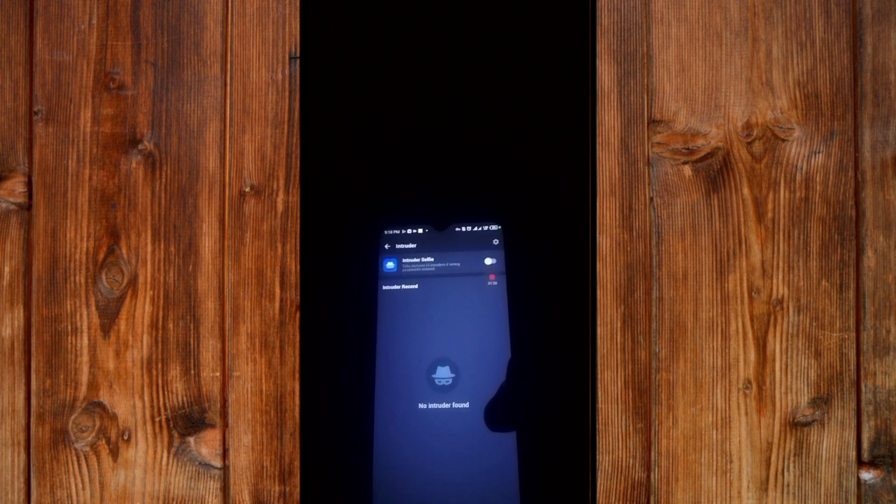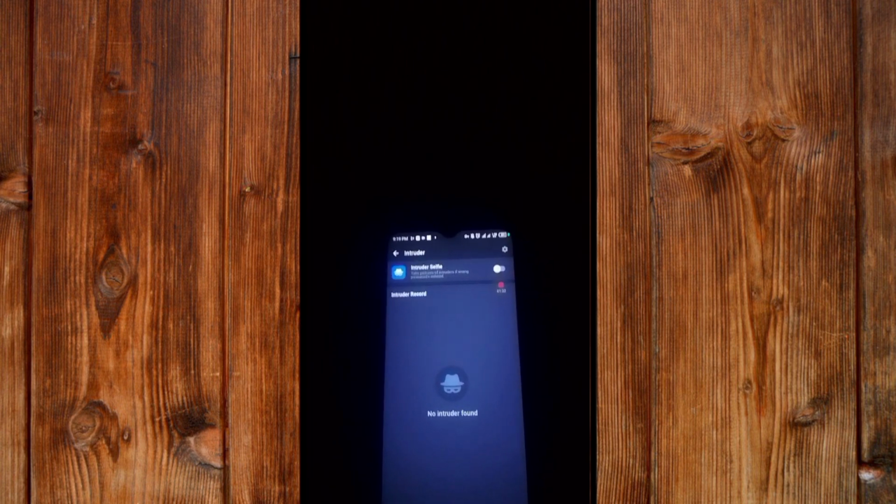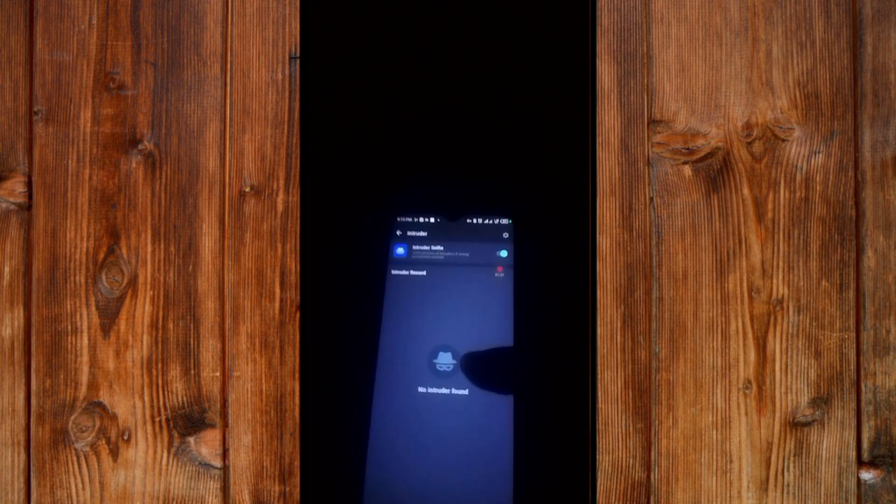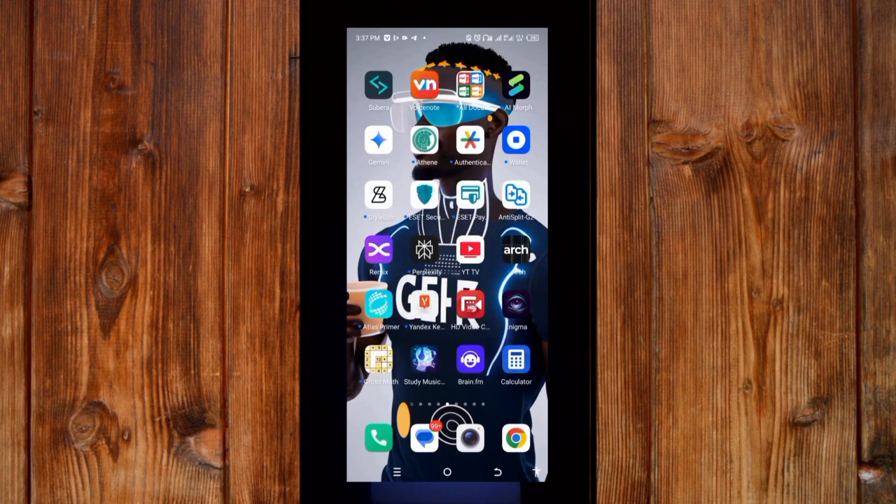Now here, as you can see, click on Intruder Selfie and turn this toggle on. Click on it. As you can see, it is on. Now to test it, just go back to your home menu, re-enter the HideU Calculator, and try it